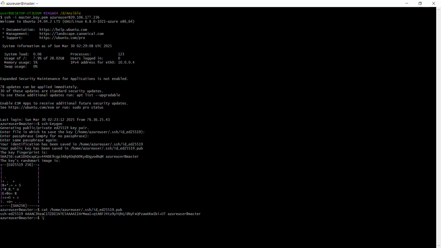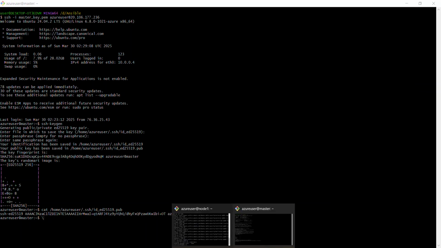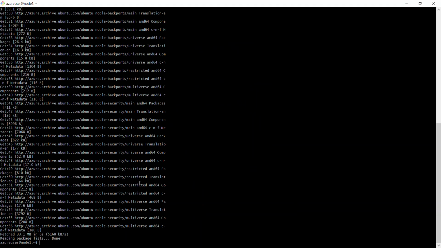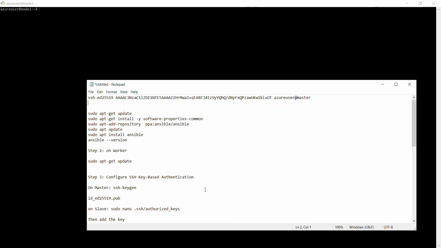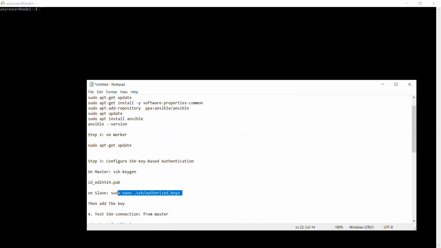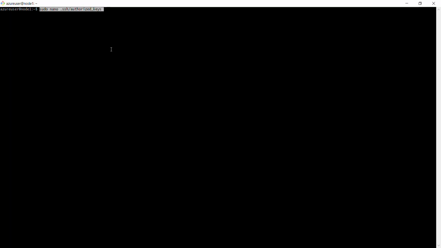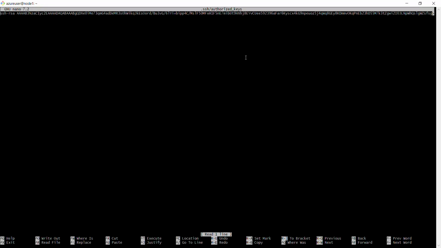So let's go to the slave server. Clear the screen. Node 1. You have to open the authorized keys section of the slave server, obviously, otherwise you won't be able to paste the key. So let's open the authorized section, and you can